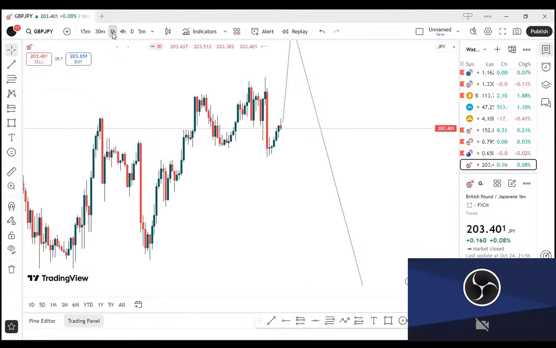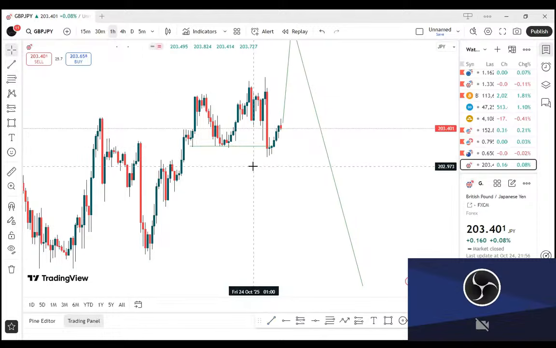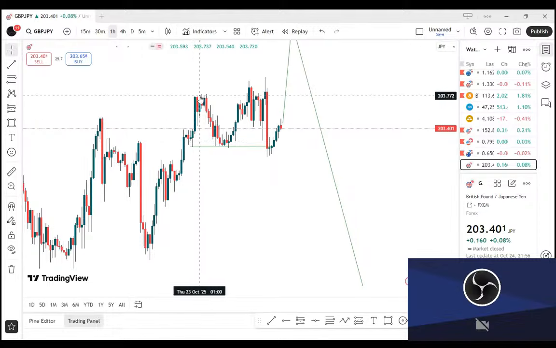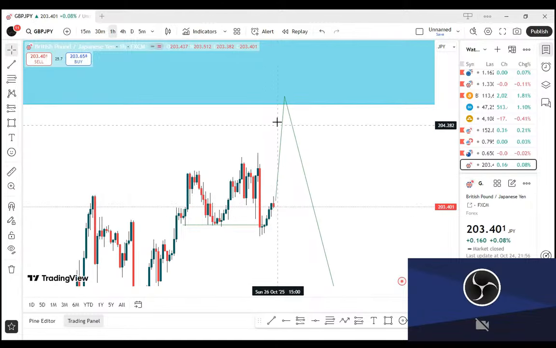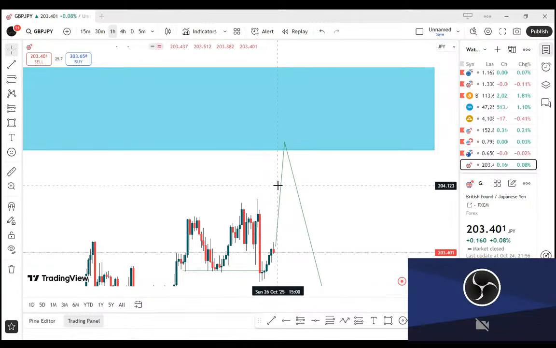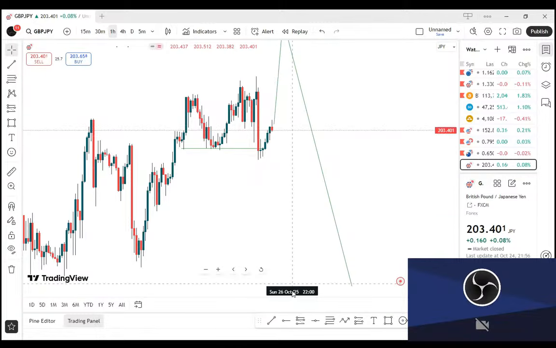If you go down to your 1 hour time frame, you notice the 1 hour time frame created this zone, and then this low, you respected it. You can see it, GBP JPY respects zones a lot. This low caused an impulsive move. Price came back here, respected it. Price came back again, tried to respect it. So if it's able to push all the way into these particular zones, then that is where you are looking for an opportunity. Then if it breaks it on your 4 hour time frame,